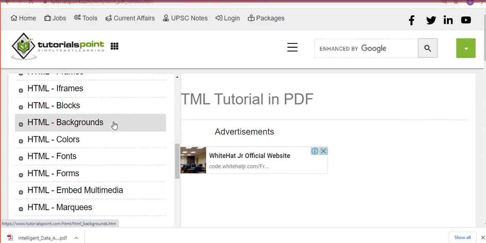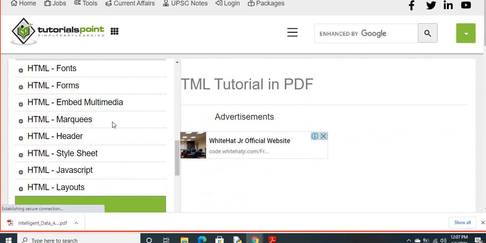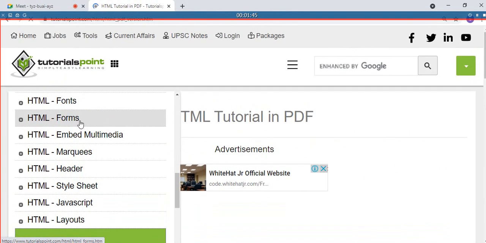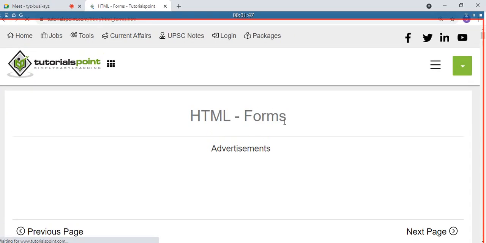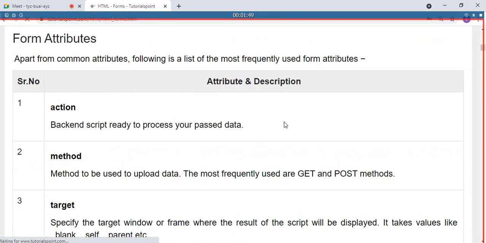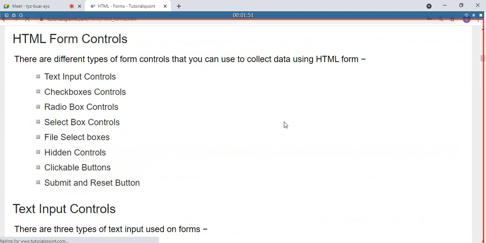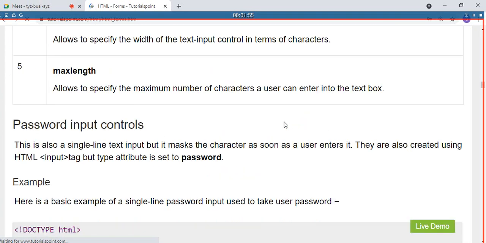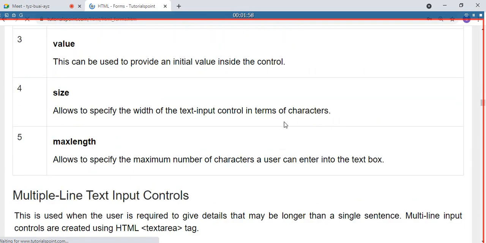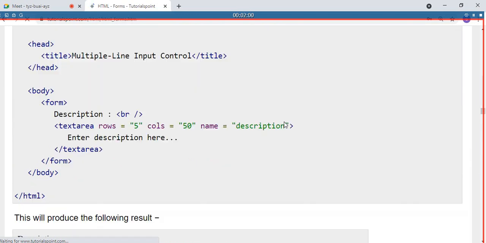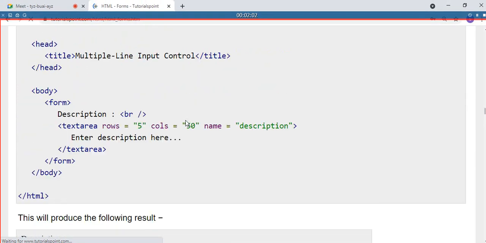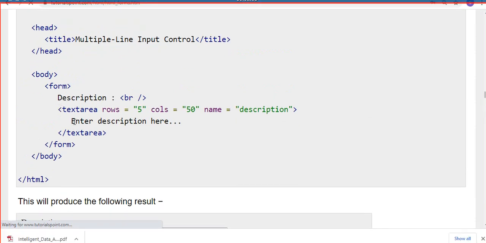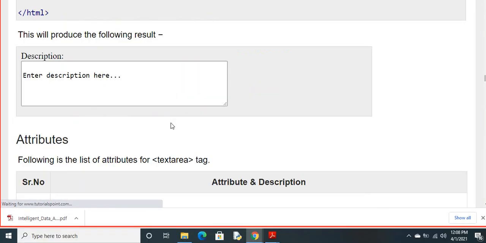So in these forms we have seen text input control, already discussed, password, already discussed, and multi-line text, which is nothing but your text area. We will write the text area option to print the text area.